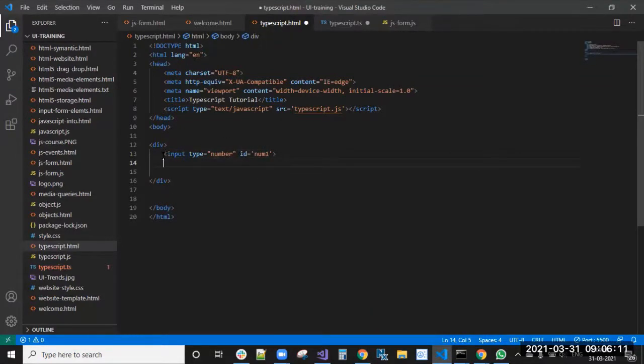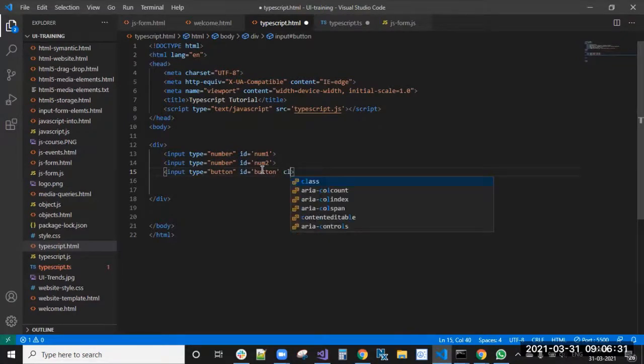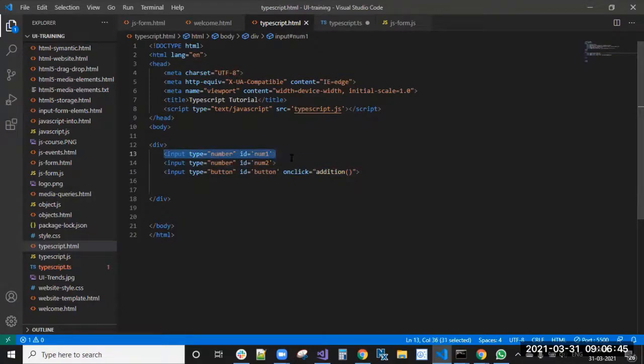Same thing I can do for the second input, num2. Then an input of type button, with ID button, and onclick addition. We already know these things. I created one number input, and the second one.